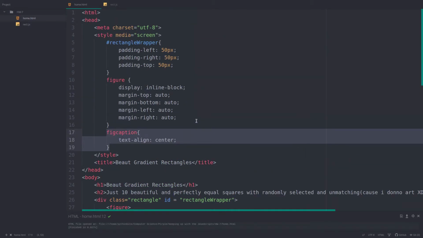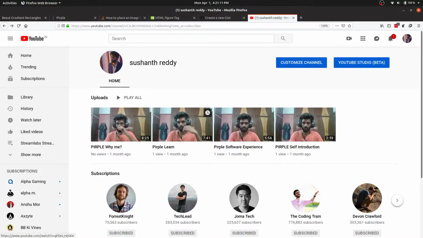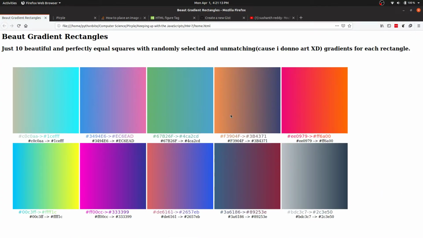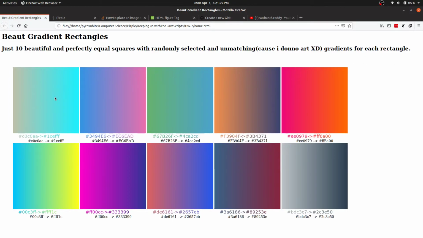about the code. Let's see how it looks. Yeah, as you can see, we have the title, and then we have the first heading, we have the description about the title, and we have 10 rectangles, each with their own gradients and text inside,